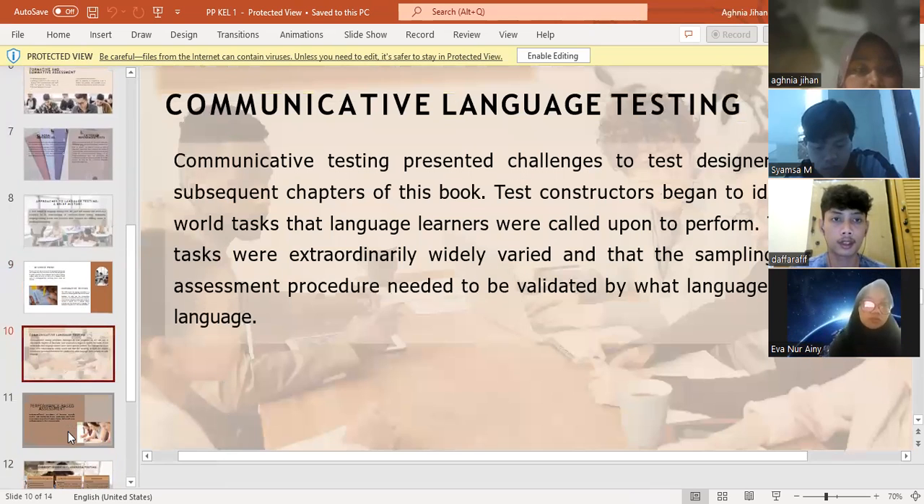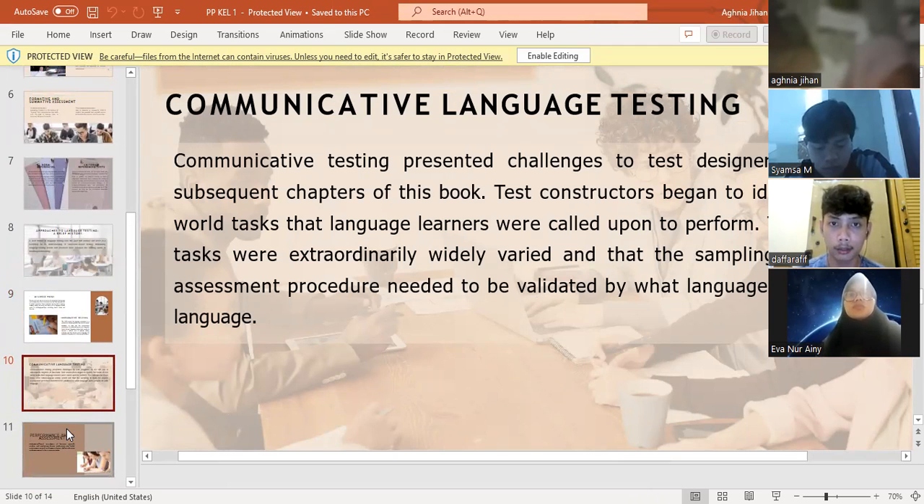Okay, the next is communicative language testing. Communicative testing presented challenges to test designers, as we will see in subsequent chapters of this book. Test constructors began to identify the kinds of tasks that language learners were called upon to perform. The contexts for tests were extraordinarily widely varied, so the sampling of tests for an assessment procedure needed to be validated